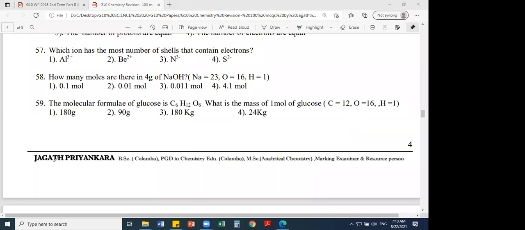Okay, first you should know the atomic number. Atomic number of aluminium is 13. Then configuration will be 2, 8. Why? 3 electrons lost. 13 becomes 10. That means aluminium ion has only 10 electrons. Why? Because 3 plus means 3 electrons lost. Then 10 means 2, 8.